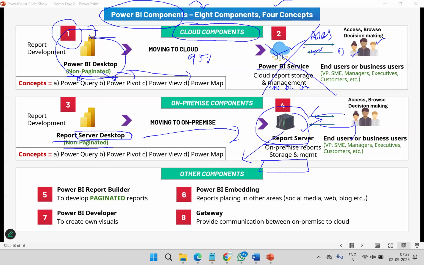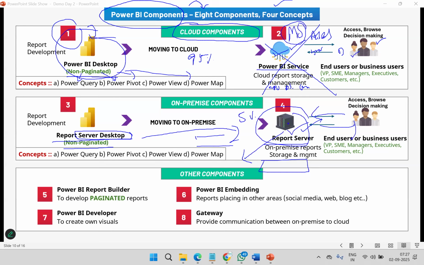But in this area, cloud means Microsoft storage. So they will hit Microsoft storage and bring, and here they will hit our local server and bring. 5% companies are going for it. So if you go for advanced reporting, 95% people are going for cloud, 5% people are going for on-premises, especially Dubai, Saudi, and many other locations. Those people don't like cloud and they're going for on-premises.